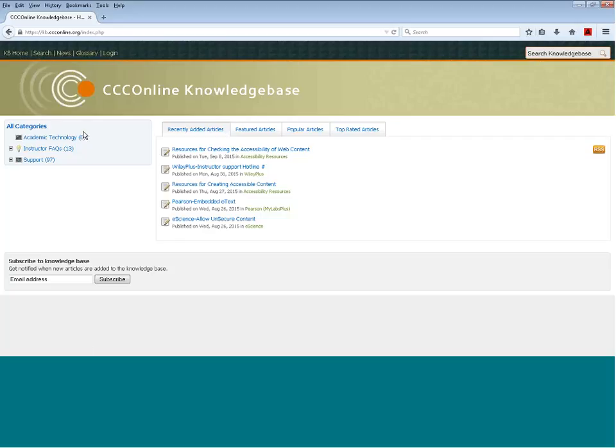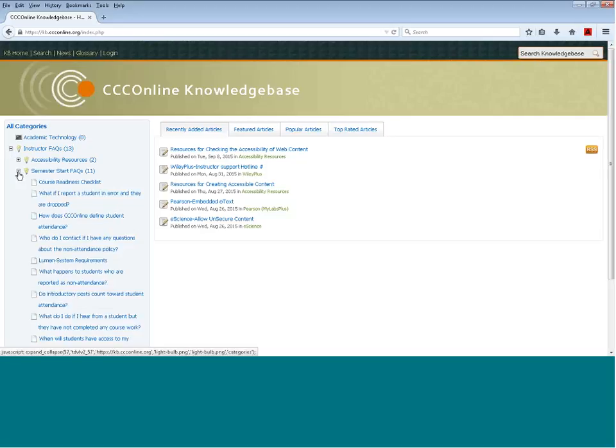Then on the left, you could search by, say, I'm having some problems and I'm not really sure what I need to do at the beginning of the semester, or maybe what are some things that I want to know about the semester start. So you could search by expanding the hierarchy here under each of these items. Okay, so semester start, there are 11 FAQs.